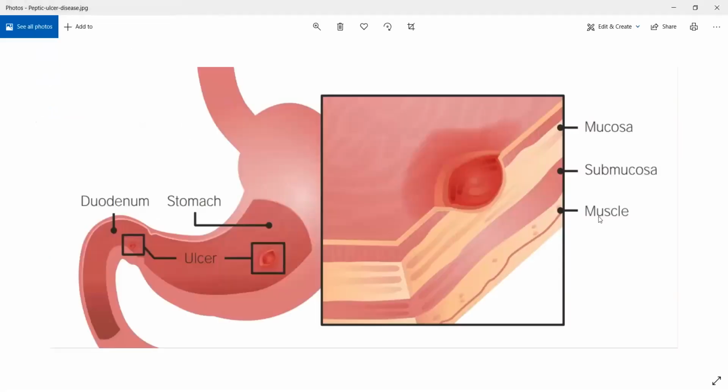Then we have another one, which is ulcer. Sometimes what happens is, onto the surface of whichever organ, inflammation will produce a local defect. It will produce a local damage. I'll show you how an ulcer looks. This is how an ulcer looks. So look here, the top cells, the mucosa cells, are getting damaged, and the ulcer is going deeper. It is going into submucosa as well. And sometimes ulcers are very severe, and they might even enter your muscularis mucosa. Okay? And it will enter your muscularis layer, and sometimes there will be a clear-cut penetration towards your gut.